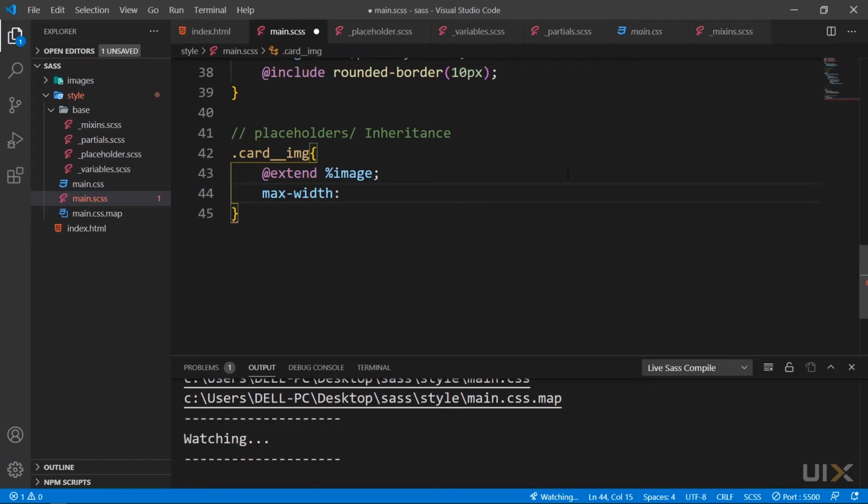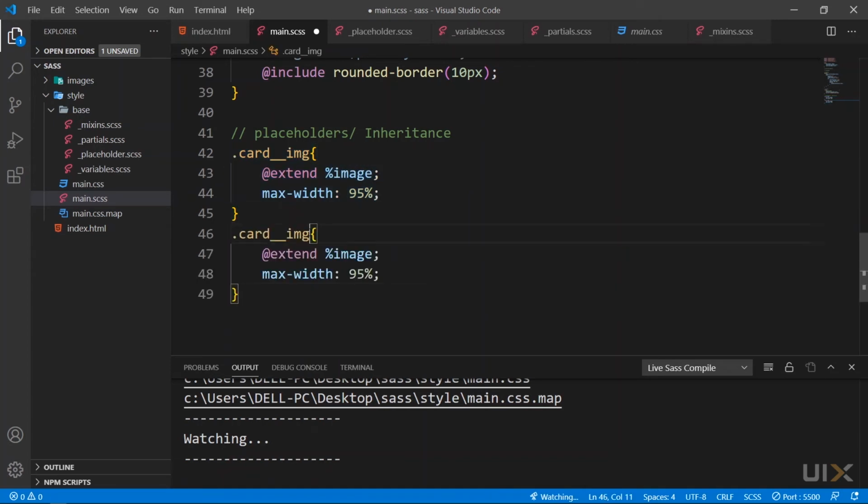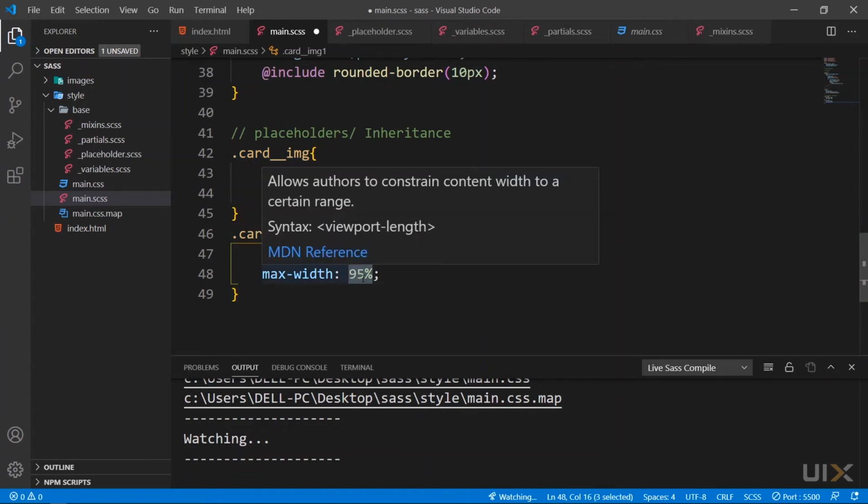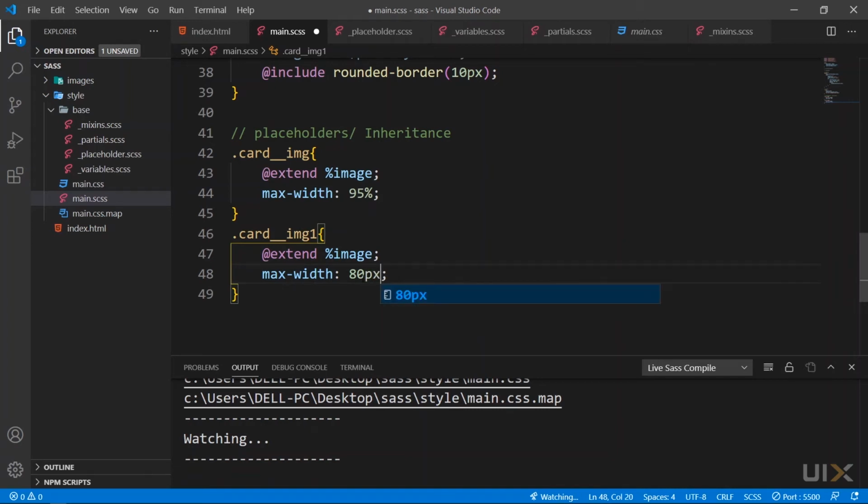Here I'll be writing some styling attributes, which would be my max width, and I will copy the same thing and add it to my other class. And here I'll be changing the max width to 80 pixels. And once I save this,